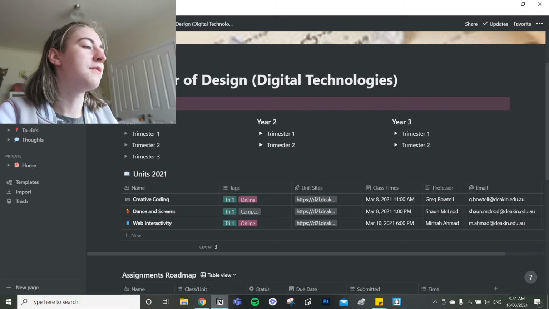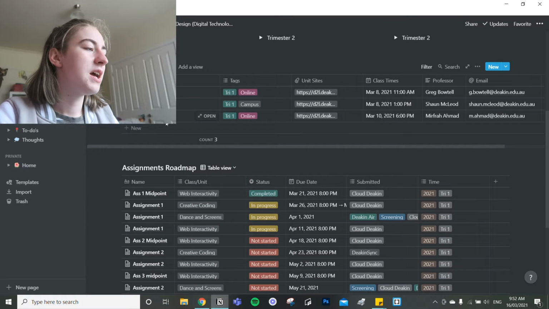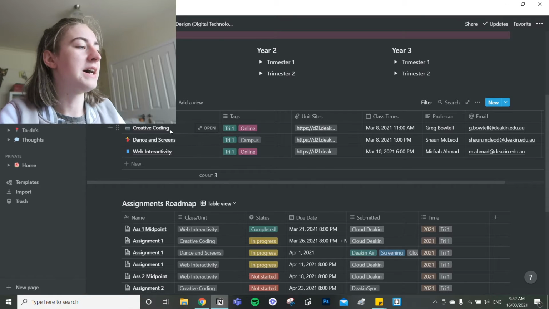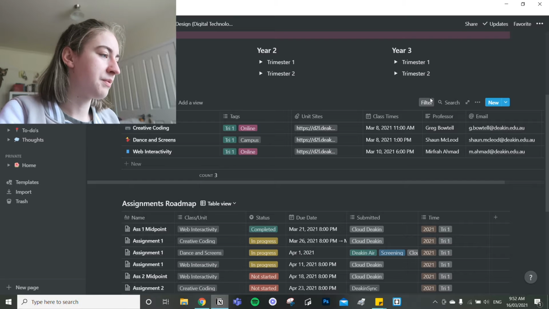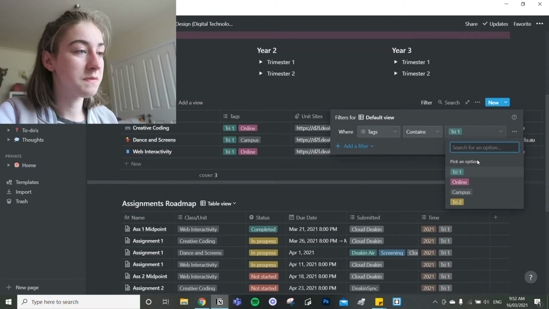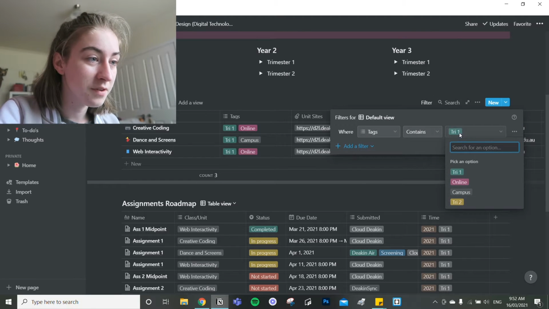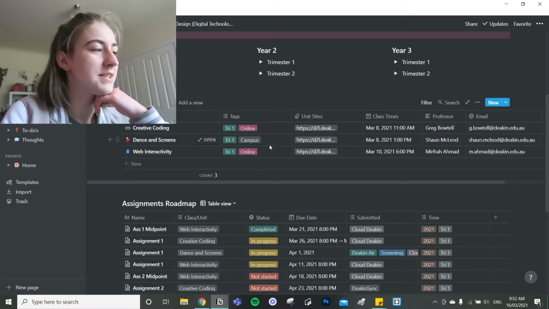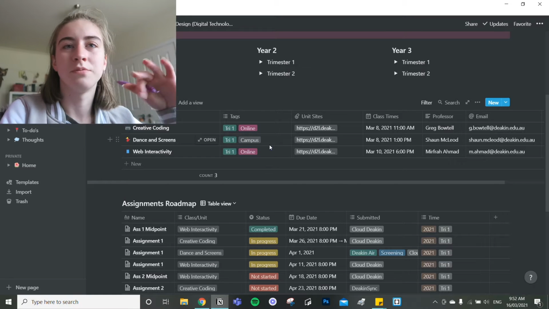basically we have Bachelor of Design, course map and stuff, and the units. I have all my units for this trimester. There is actually a filter that I have here, so I can keep all of my units.